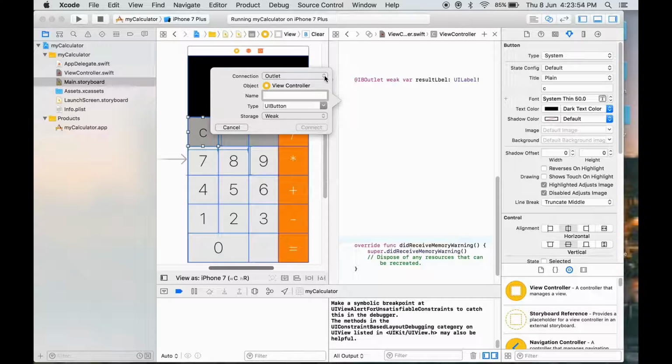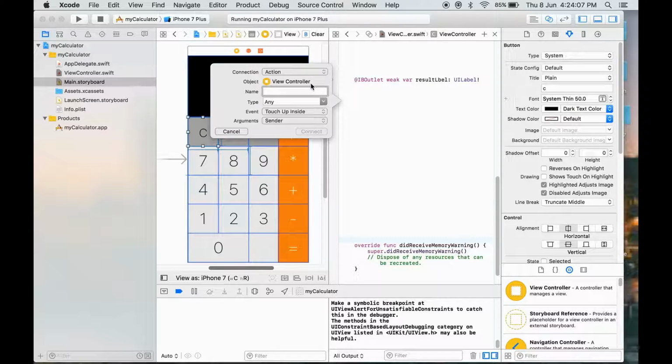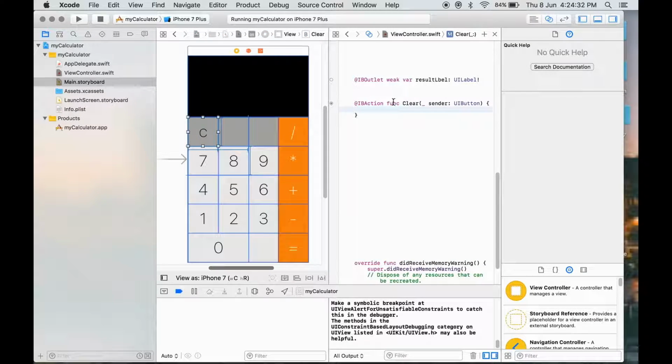When we are connecting the buttons, the connection will not be just an outlet, but it's going to be an action, because when the user presses, say, the clear button, we want to perform some action. So we'll select the option action, and the type is UIButton, and just give a name to your connection. I'm giving it clearConnect. See, it's been connected as a function, since whatever actions we want to take, we are going to write the code within these braces.